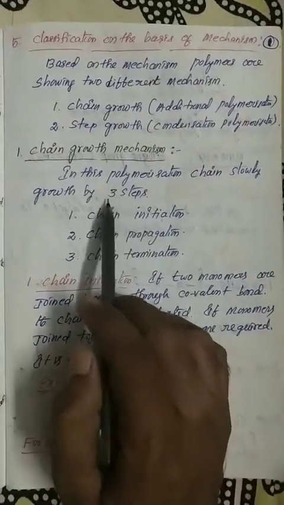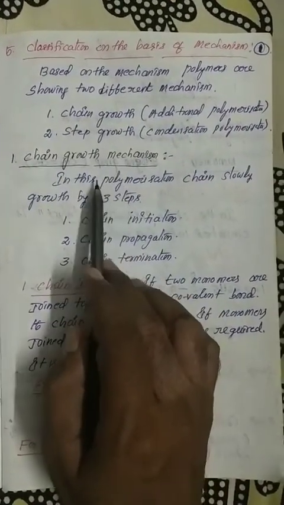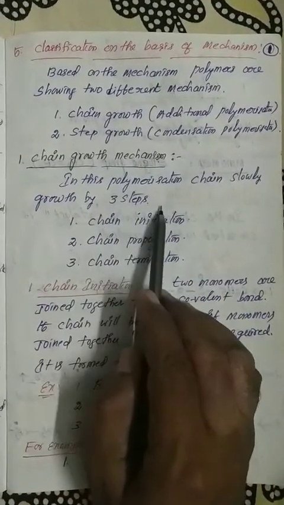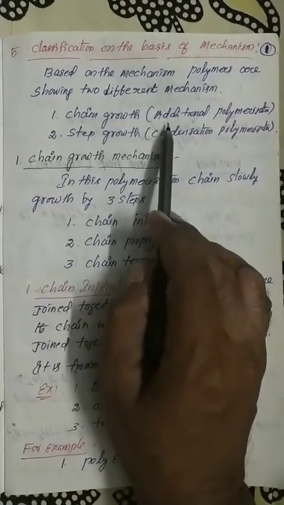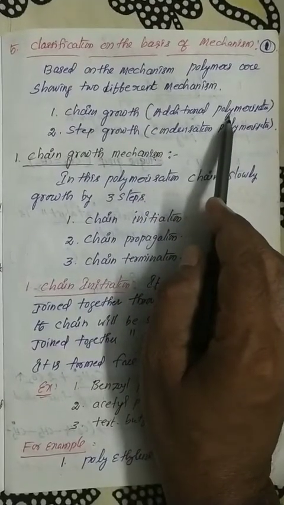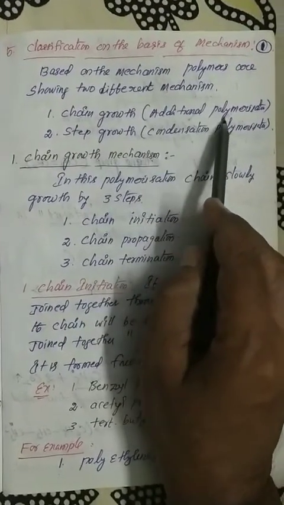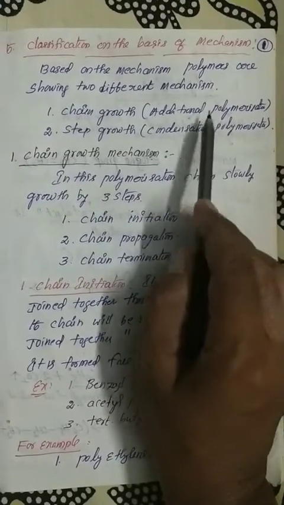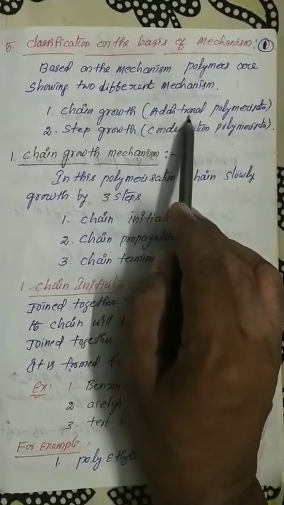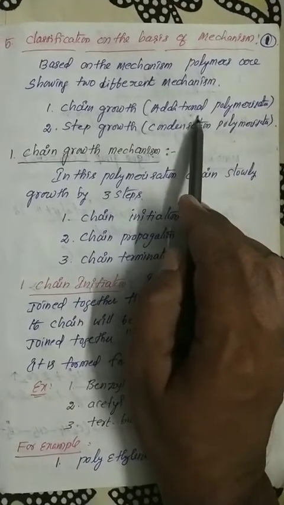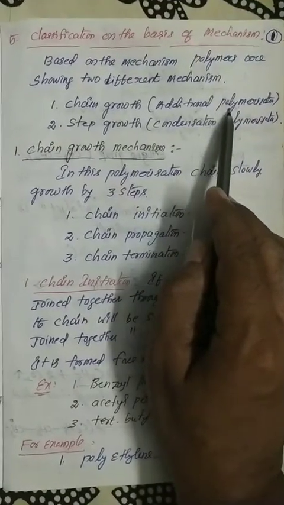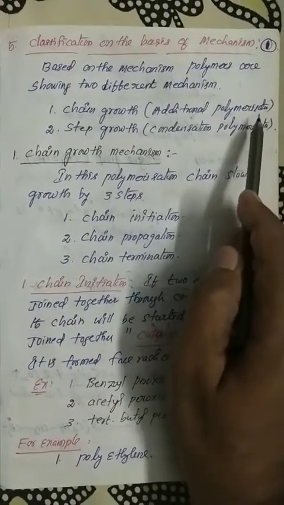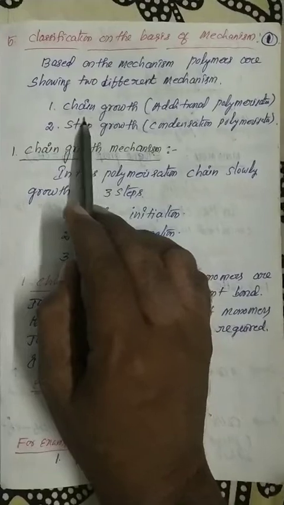Now the important point is chain growth mechanism. In this polymerization, the chain slowly grows in three steps. Already I told how to prepare addition polymers, and again I repeat this one. Addition polymerization means the monomer unit contains unsaturation. A number of monomer units are connected together to form one long polymeric chain. The long polymeric chain is generally called a polymer. But here in chain growth mechanism,